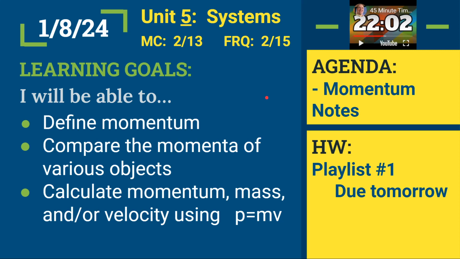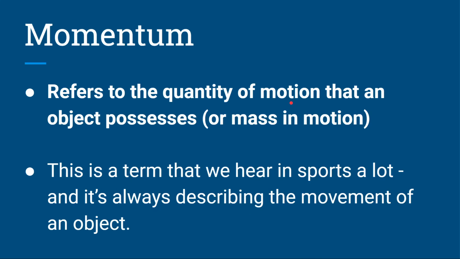Okay, so today's topic is momentum, and we're just going to go through starting with the definition. Momentum refers to the quantity of motion that an object possesses, or you'll sometimes see that definition shortened to just the words mass in motion, which when we look at the formula in just a moment will make sense because that equation is going to take into account the amount of mass the object has and the quantity